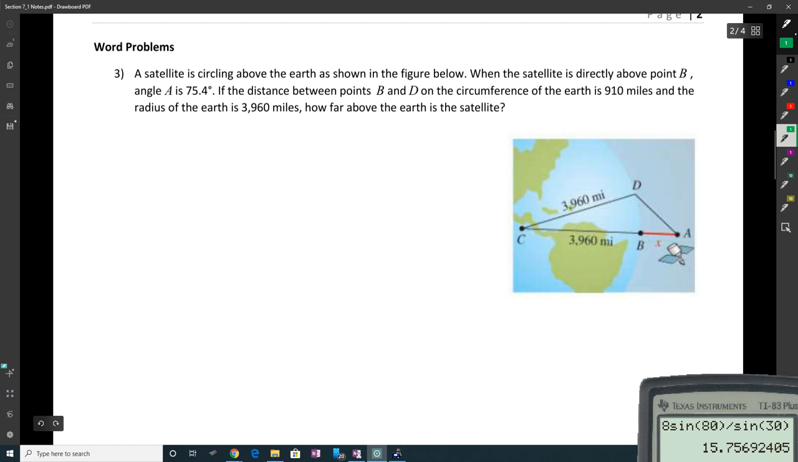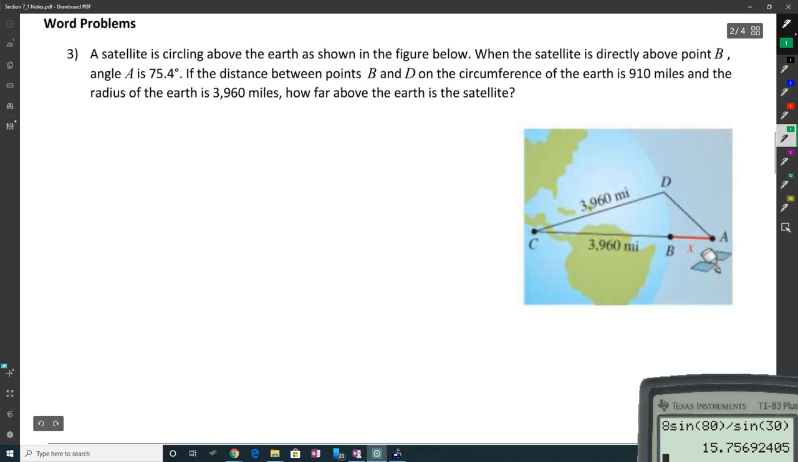So this first application says, a satellite is circling above the Earth as shown in the figure below. If you printed it out yourself, it's kind of hard to see what's going on here. There's the Earth going around. The colors they chose were kind of bad. When the satellite is directly above point B, angle A is 75.4 degrees. So I know this angle is 75.4 degrees. If the distance between point B and D on the circumference of the Earth is 910 miles,